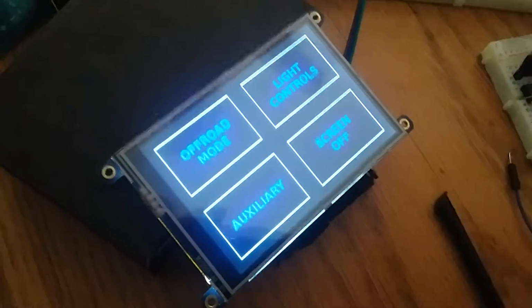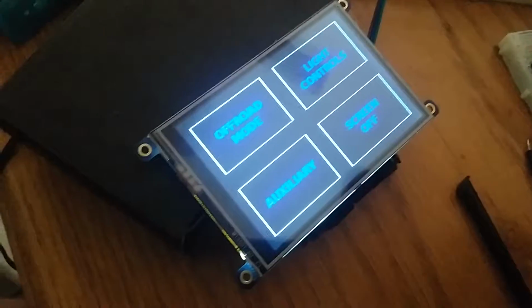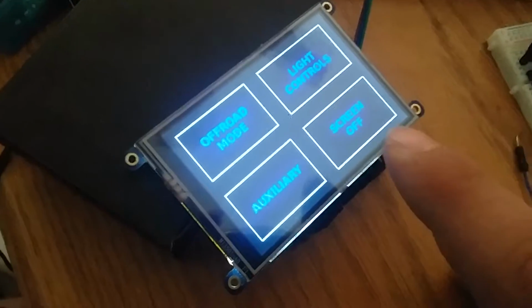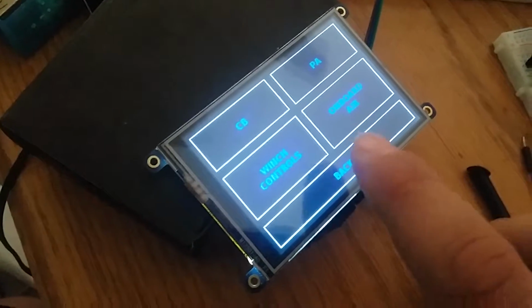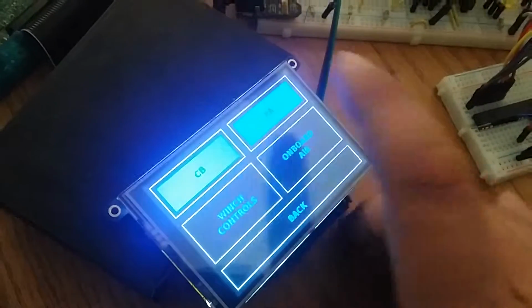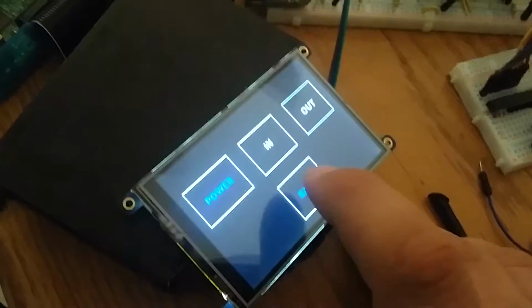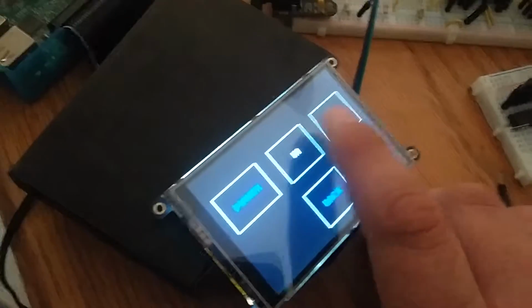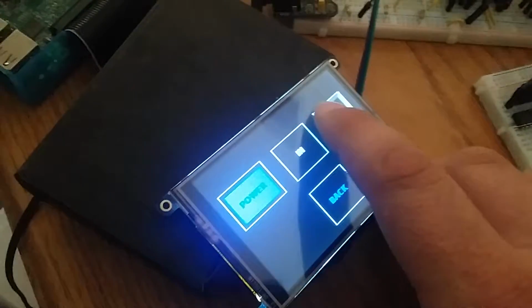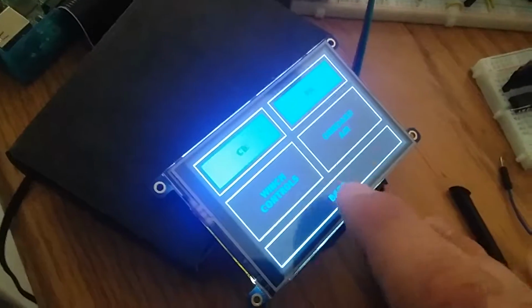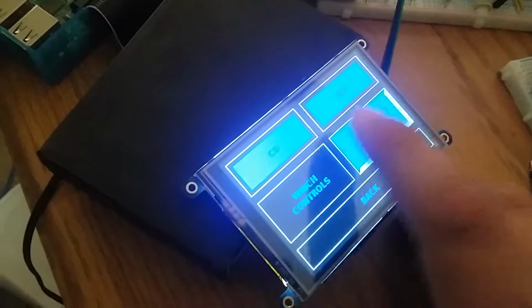So the first menu is a basic options menu. The whole purpose of this menu is that a lot of the features are specific to going off-road, so I want things to be available when on the road. So I can manually turn on my CB and my PA. Winch controls: the buttons for the motor are disabled unless it's powered on, in which case you can then run the winch. Onboard air,